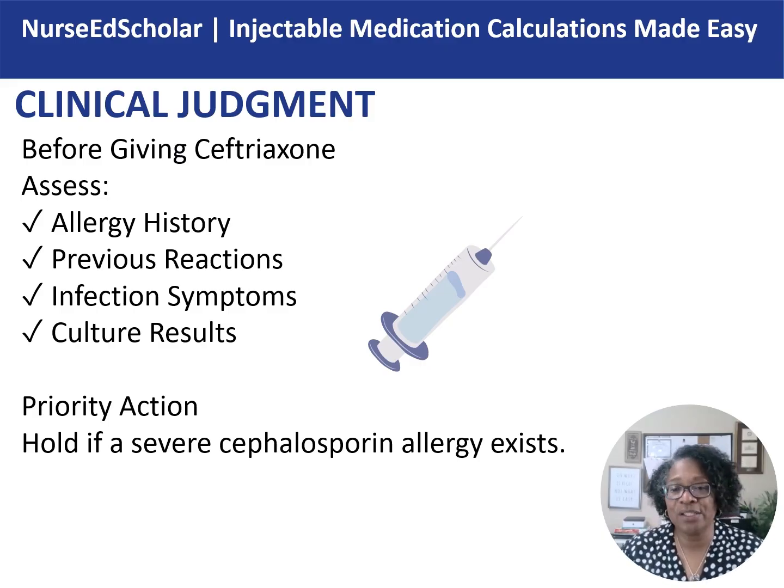Before you give ceftriaxone, you want to see if there are any signs of infection. If a culture is ordered, if you're giving this for whatever reason, did they do a culture? You don't want to give an antibiotic before you do the culture. You want to make sure you grab that culture, then you start the antibiotic regimen that is usually associated with a particular bacteria. And then once that culture comes back, you'll know, oh yes, ceftriaxone will actually eradicate